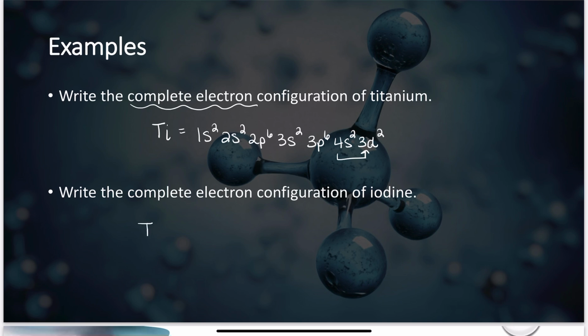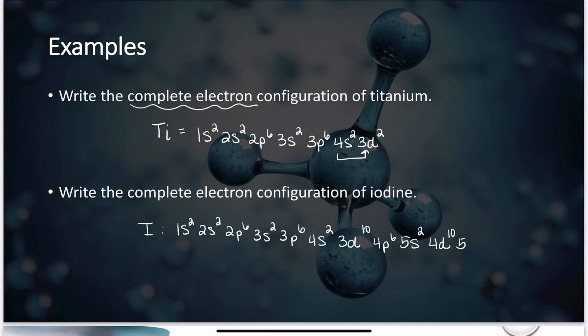And write the complete electron configuration of iodine. Iodine, again, capital I, 1s2, 2s2, 2p6, 3s2, 3p6, 4s2, 3d10, 4p6, 5s2, 4d10,